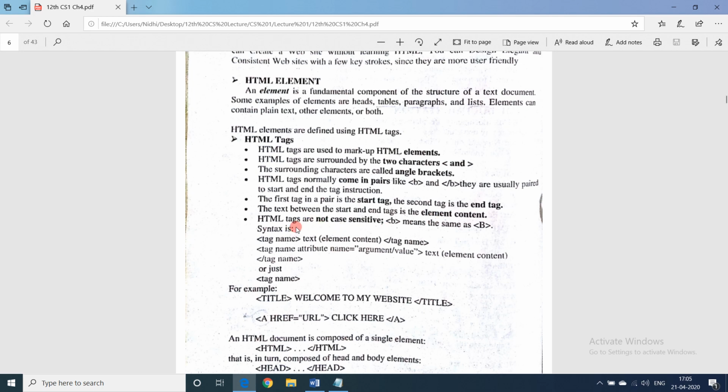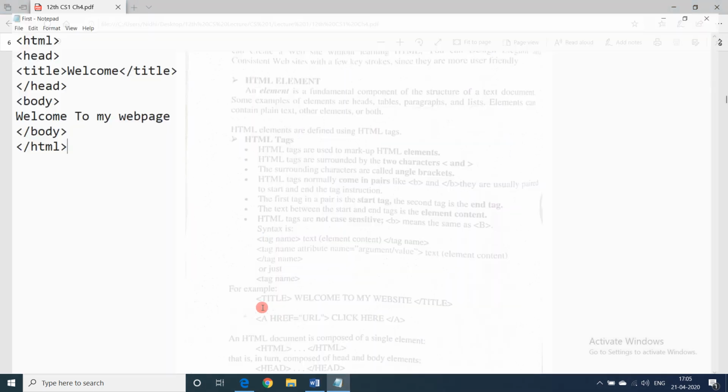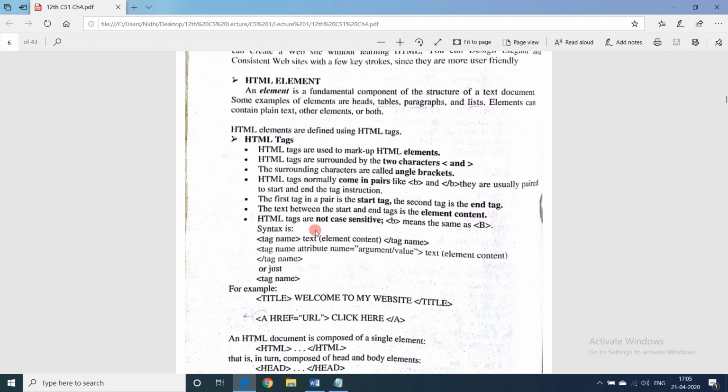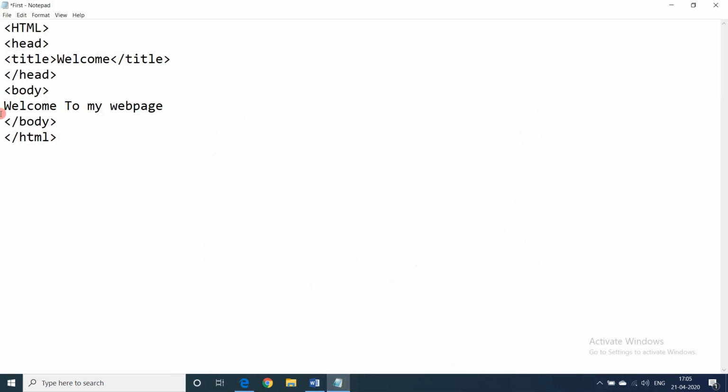HTML tags are not case sensitive. Not case sensitive means this HTML, small html and capital HTML, is one and the same thing. Now, if I want to make this content bold, I will use the B tag. B tag is for bold. And it has an end tag, again B. I will save it